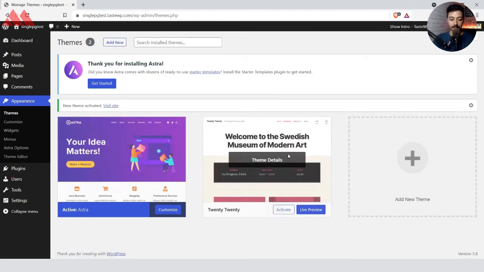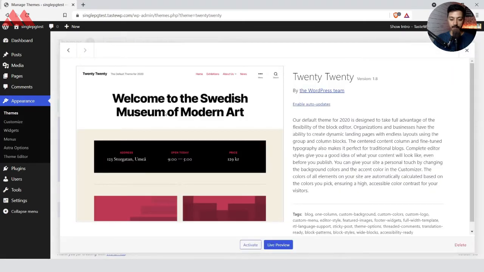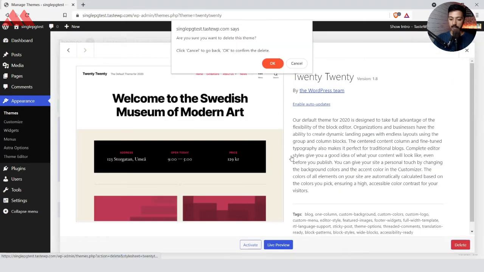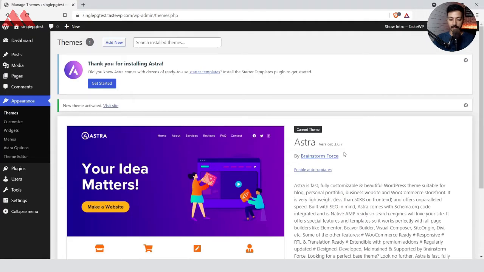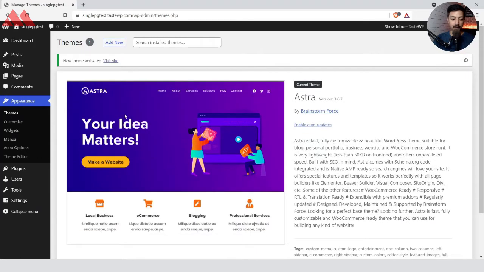Alright, now the Astra theme is activated. We can go ahead and get rid of this old one, so let's delete this theme. Now the only theme we have is Astra from Brainstorm Force. And now we are getting an option to install the starter templates, which we will do, but not from here. We go to Plugins, click on Add New,